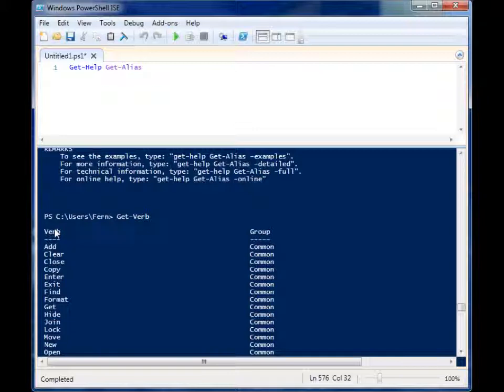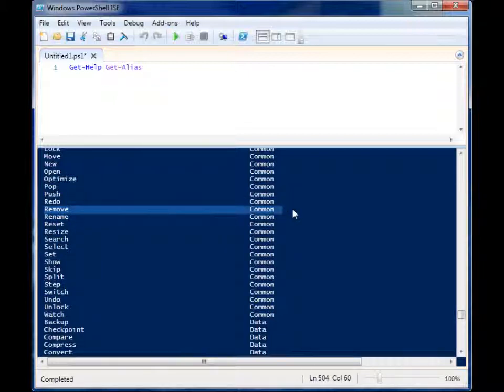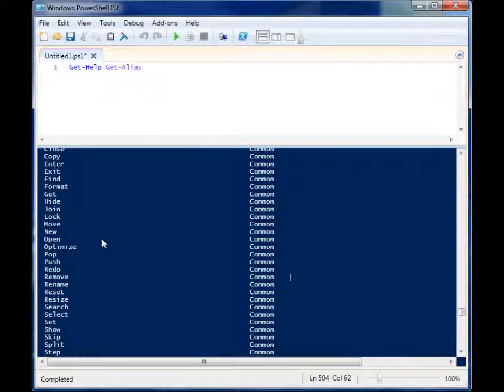And one of the examples that was provided by Microsoft was for individuals that aren't familiar with English. Now you see we have this remove verb. It's approved. Imagine you created a commandlet that used the verb delete rather than remove. Well, a person that's not familiar with English isn't going to know that that's a synonym, that it means the same thing. But if they're familiar with PowerShell, they know that remove